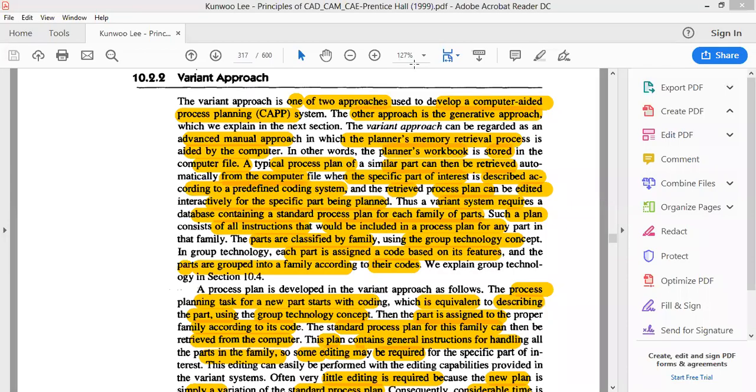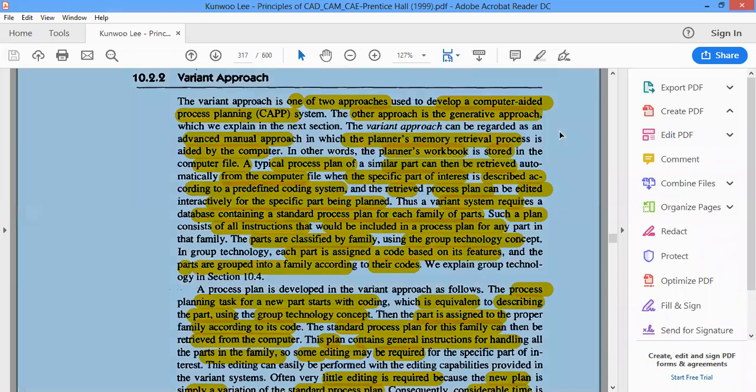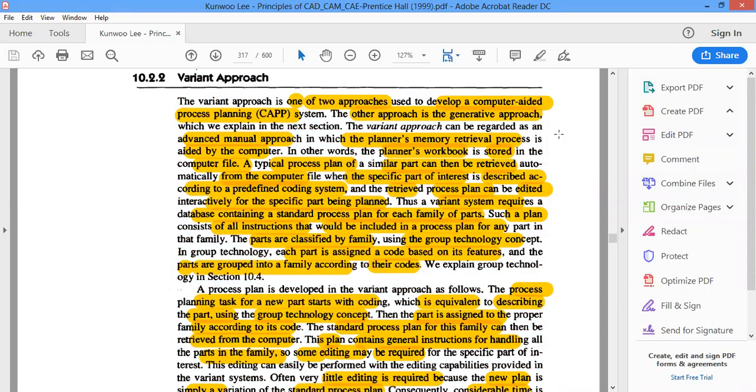All right. Yes. So in the variant approach, what we generally have is the same details of how an experienced process planner takes the details from past relevant parts which are very much similar, and how they proceed manually for a new part.